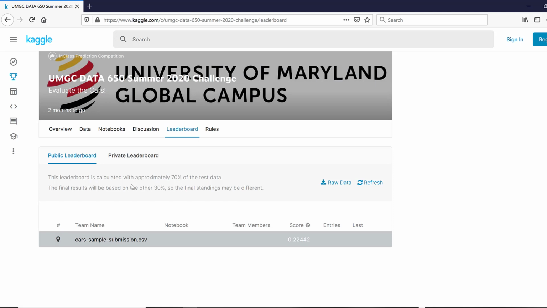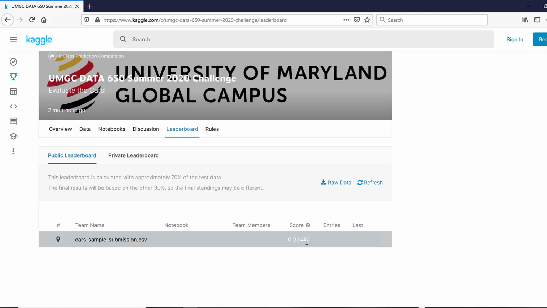As you can see, we are on the public leaderboard, which is the tab that would remain open, and that would have your submissions here. I did one submission here, which is going to be the base, the average submission with the score of 0.22. The higher the score, the better it is, but this is a base that has been set for you. So you may at least want to do better than this base.